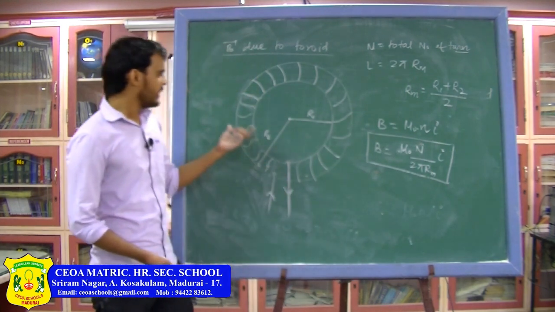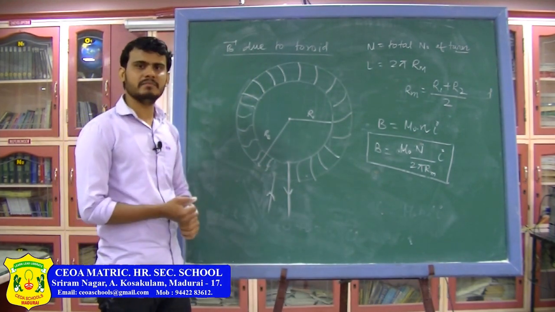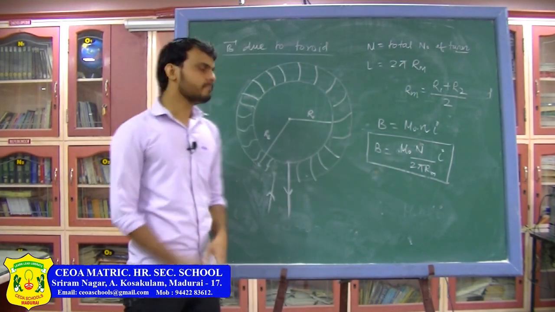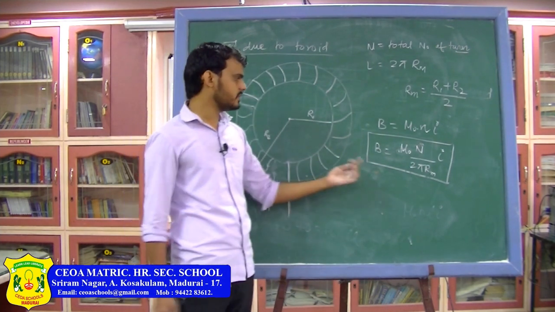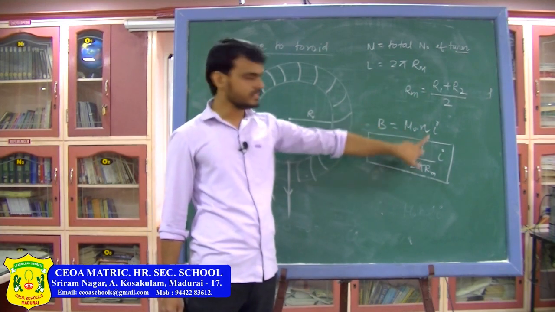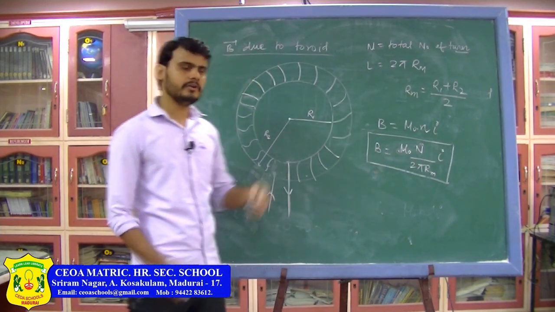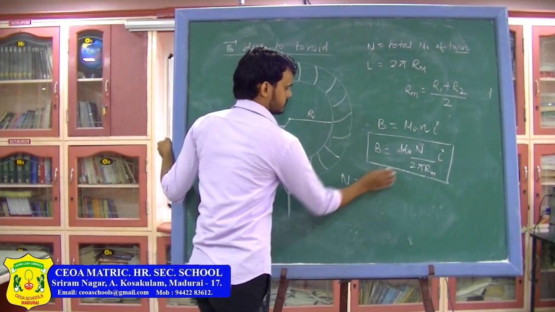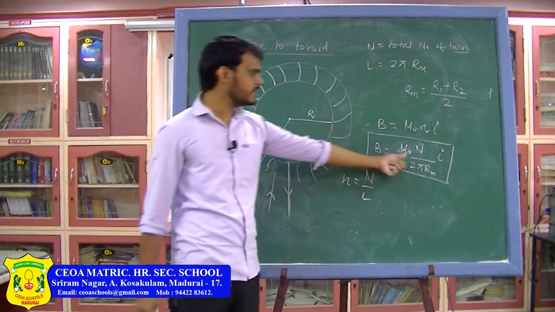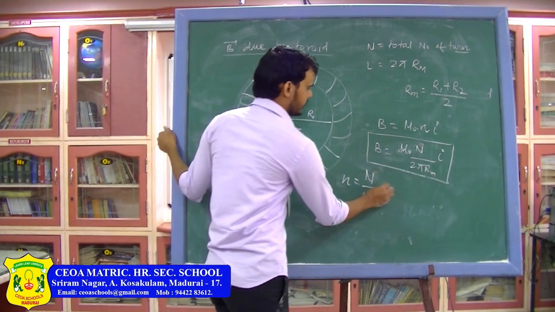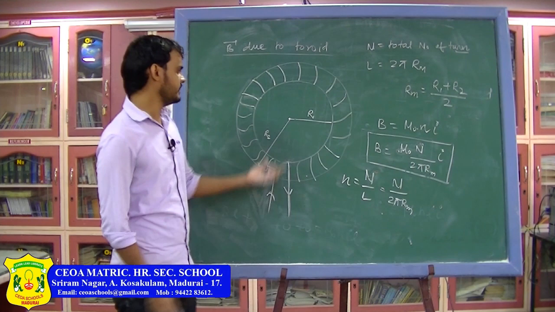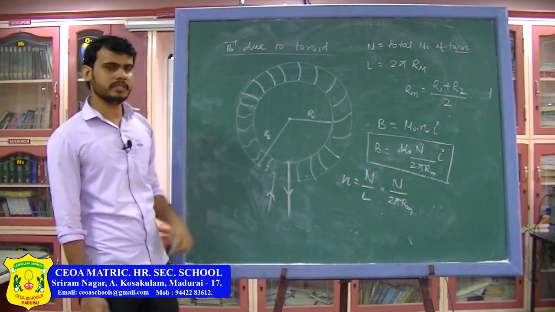And in your HSC syllabus, if it is there, you have to just remember the derivation. In the NEET exam, you just need to remember the formula. They are not going to ask you the derivation for either a solenoid or a toroid. You just need to remember the formula for the magnetic field due to a solenoid and due to a toroid. Both of them are the same, just the n is changing. In the solenoid, small n is total number of turns divided by the length. Their length will be given. Here the radius of the toroid will be given, so from that it can be written as N divided by 2 pi Rm. Because at the end of the day, a toroid is nothing but a solenoid whose ends are joined with each other.